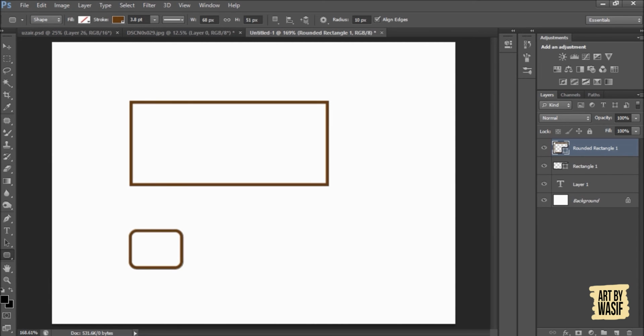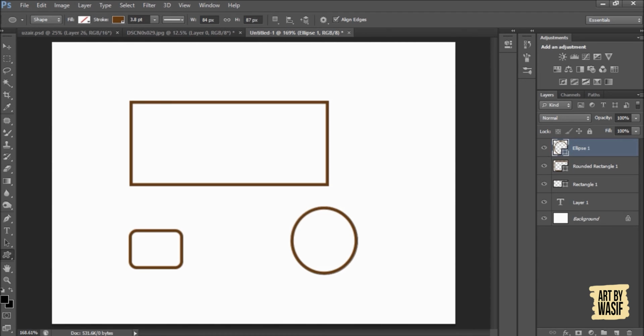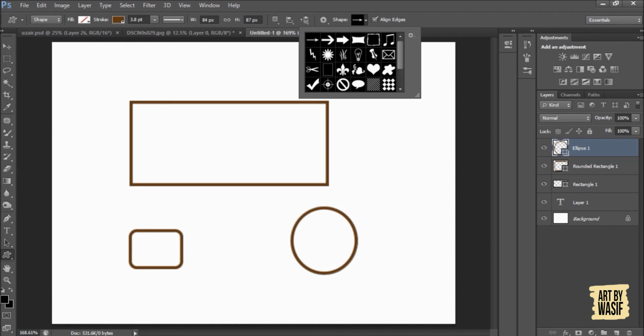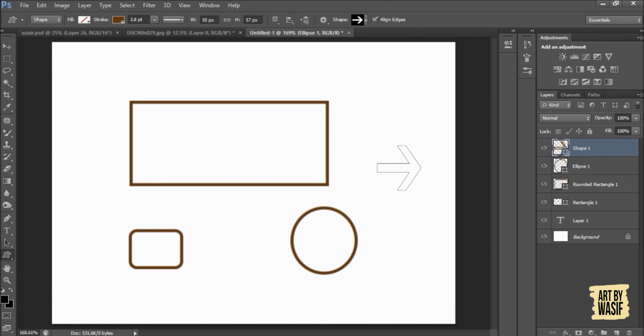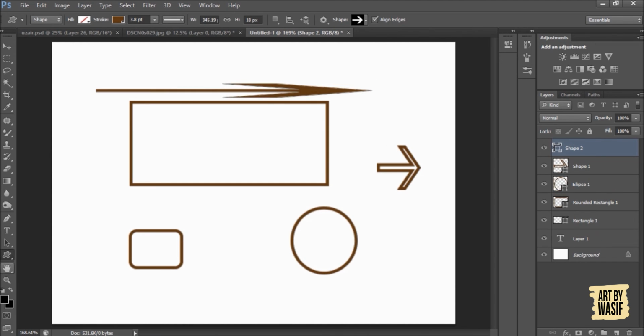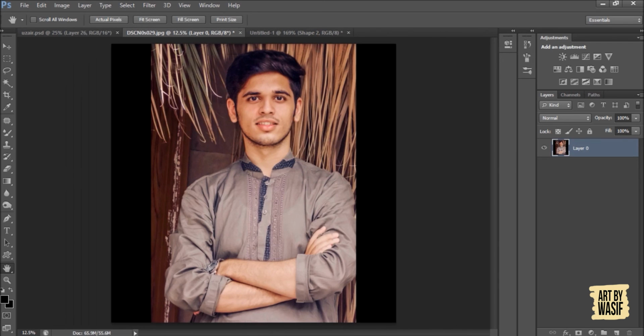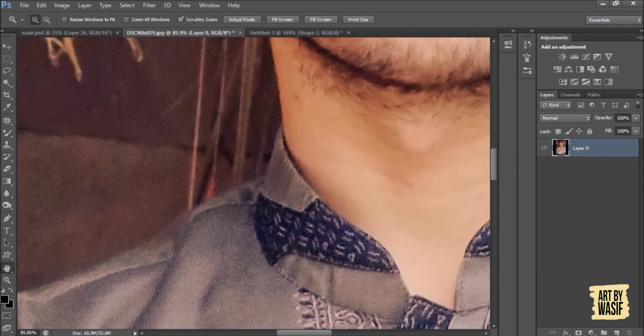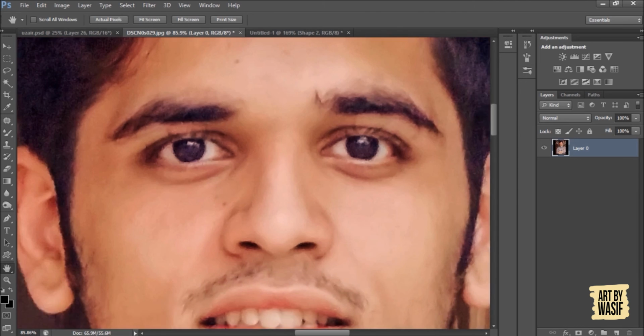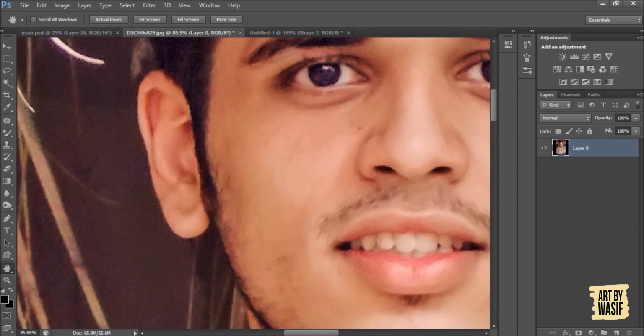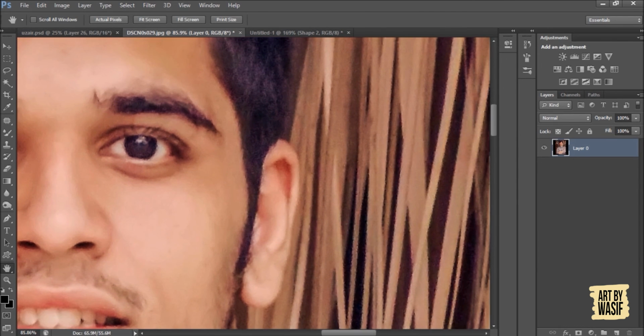This one, circle. Here you have the custom shape tool, in which you have all more types of tools like all these tools. Do whatever you want. Next tool is this hand button, used if you have zoomed in on this area and you want to move here and there, you can click here and move here and there. Space bar can also be used for this function.